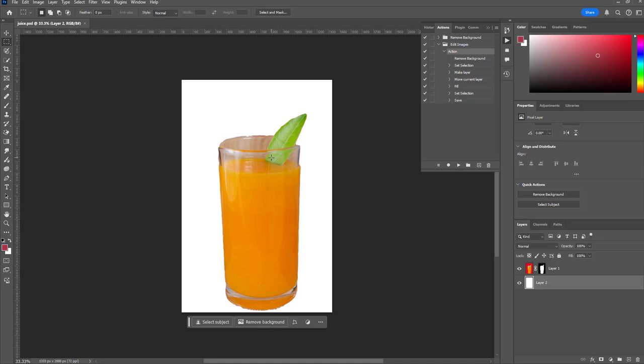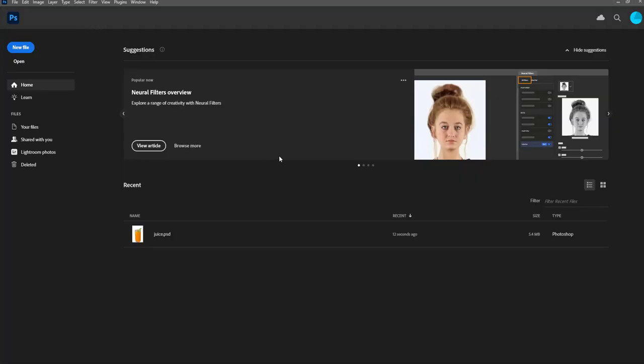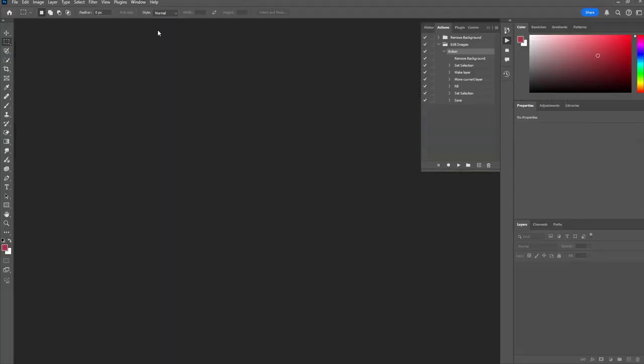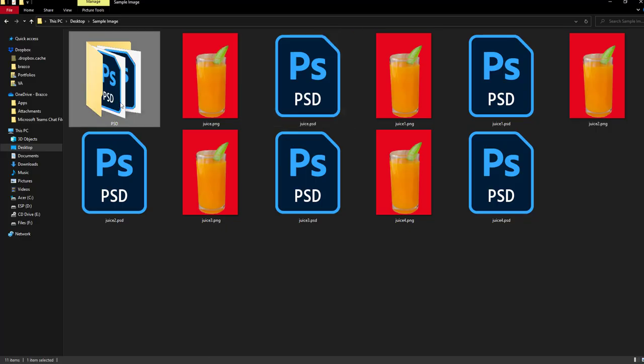Oh, see, the problem here is you need to convert this to a JPEG, because the result is PSD. So let's try to edit the action here. Let's try to remove the save, and then we will remove this one.